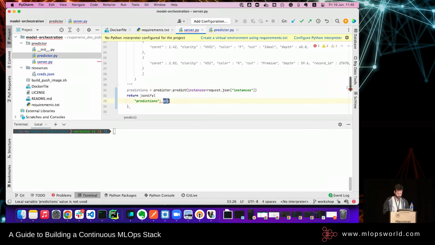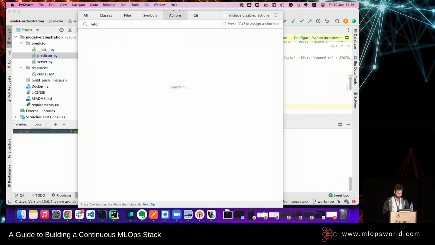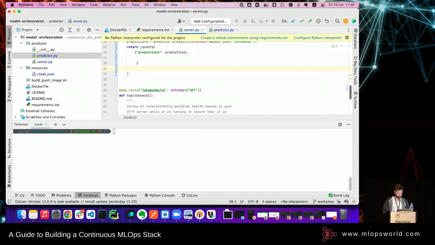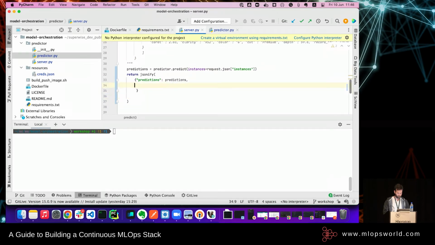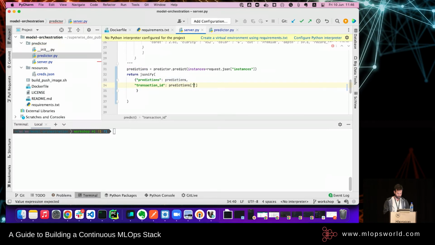One sec. Great. And okay, yeah, I know what I'm missing. Great. Predictions, and I'm going to need the transaction ID as well. And it's going to be transaction ID.